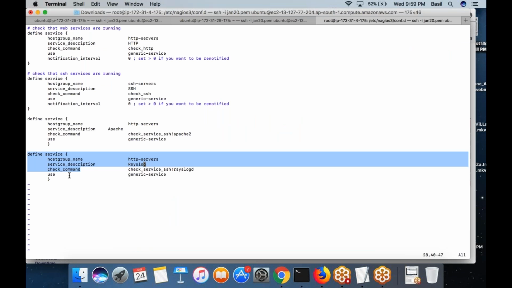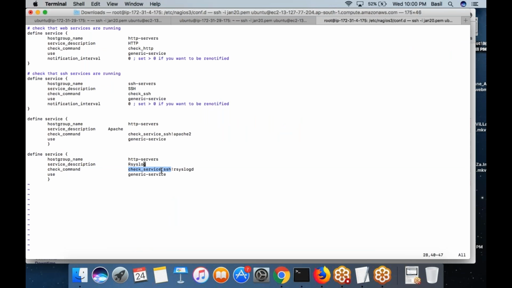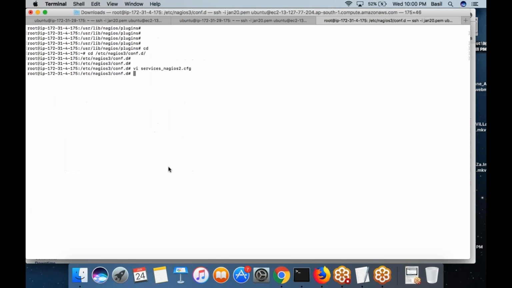So here I define one more service. In this case, it uses the same script, the same command it would use to monitor rsyslogd. Yes, that is also possible. As you can see, the check is applied on the HTTP service, of which both localhost and the web001 machine are members. So the rsyslogd would be checked on both localhost and the web001 machine, and obviously localhost will fail because the SSH connection will fail. We have not configured an SSH connection within the localhost. We configured it between the Nagios server and the web001 machine.